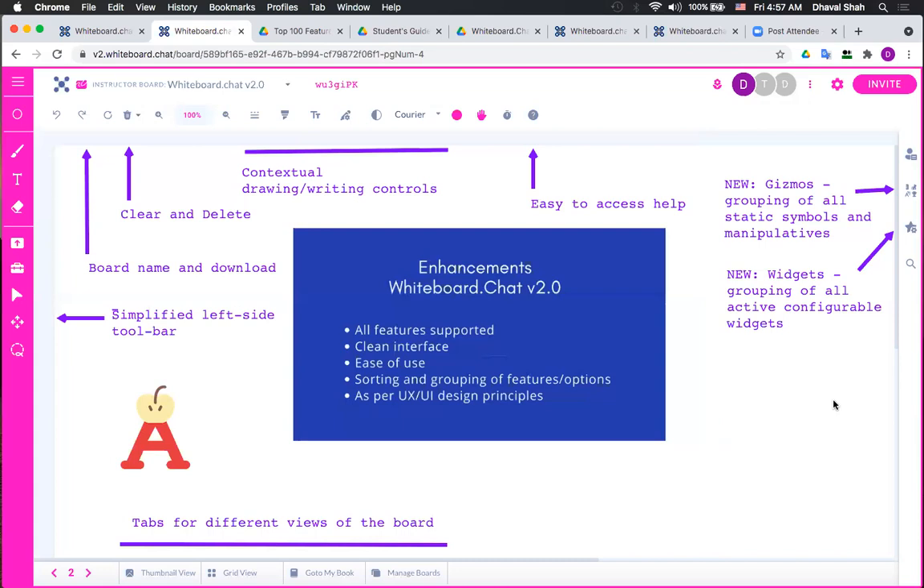Sorry, one thing I forgot to talk about, and maybe some of you have already noticed, is the board boundary. You see, there is a clear-cut boundary of the board. Previously, you wouldn't know where the board starts and where the board ends. What we have now,